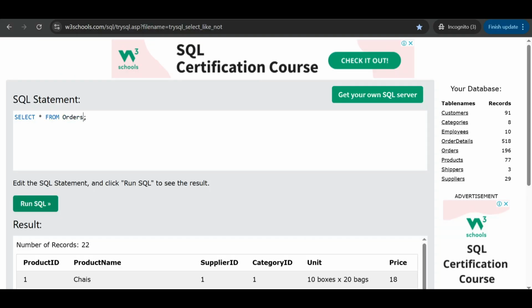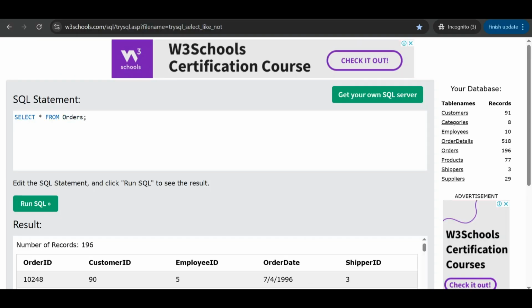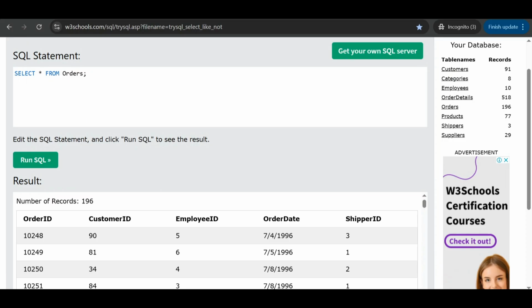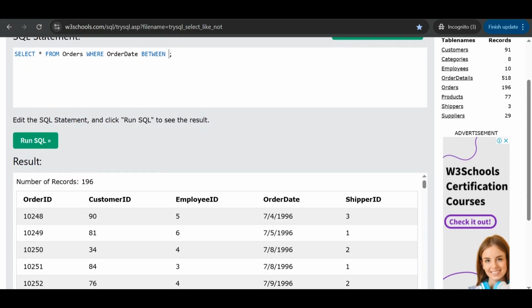Next, let's go to BETWEEN with dates. I will use the orders table again, and we'll use the order date column for the sample.